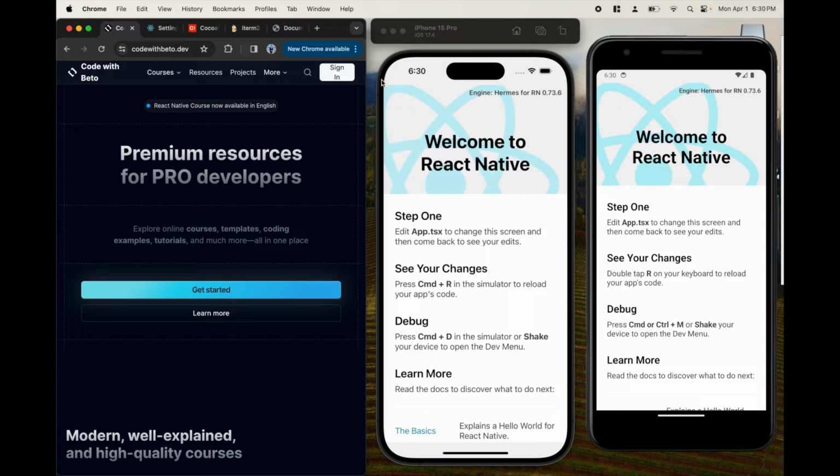But I think it's worth it if you are going to be working with React Native, especially. When we are developing applications for React Native, we need to have the iOS simulator running, the Android simulator running as well, and many background processes. So I think investing in a good machine is going to be good for you in the long run. And also in this video, we're going to learn how to set up this new machine, how to install everything and all the tools that you need to have the React Native CLI environment set up working perfectly with